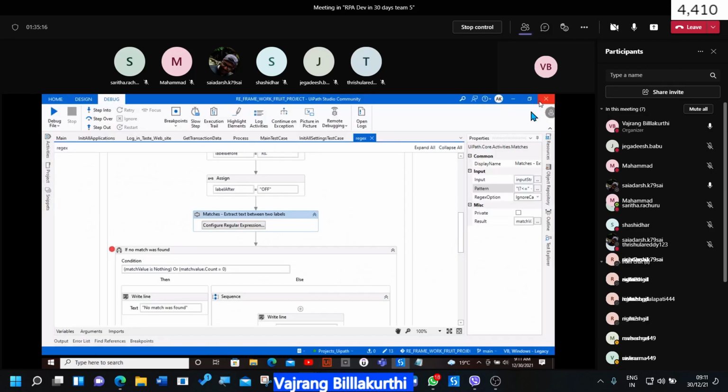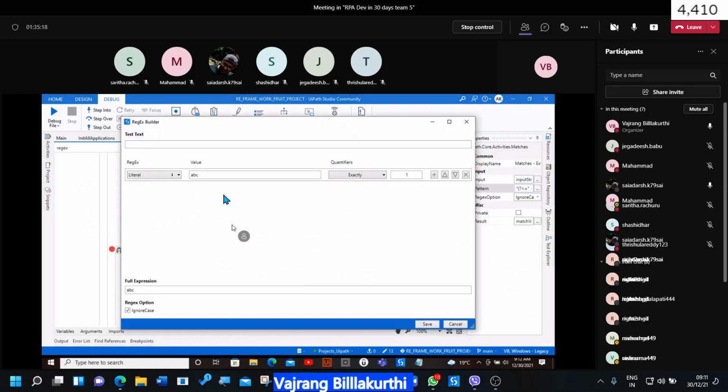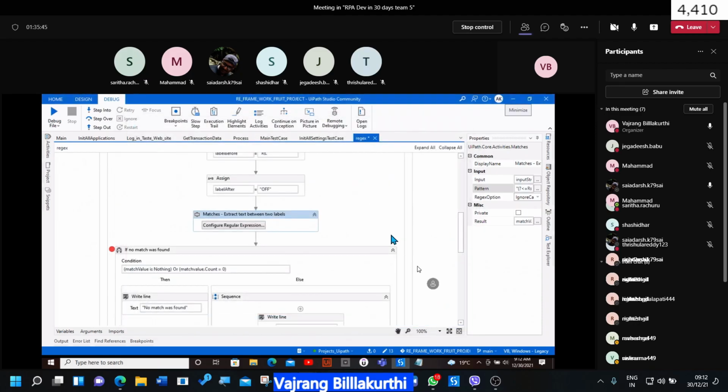So instead of here, I will change it to advanced and I will give the value over here. Okay. Exactly one it's taking, 0 or more. It can take in any values. So let's see. Debug or run the file again.